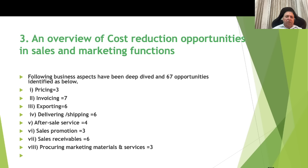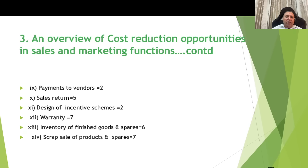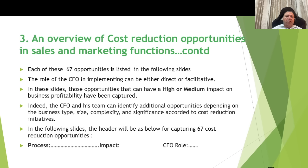Now, following are the business process-wise 67 opportunities. In the pricing process, related to pricing, 3; invoicing process, related to invoicing, 7; exporting, 6; delivery and shipping process, 6; after-sales service process, 4; sales promotion process, 3; sales receivable process, 6; procuring marketing materials and services, 3; payment to vendors of the marketing, 2; sales return, 5; design of incentive schemes, 2; warranty management, 7; inventory of finished goods and spares, 6; scrap sale of products and spares, 7. Now, each of these 67 opportunities